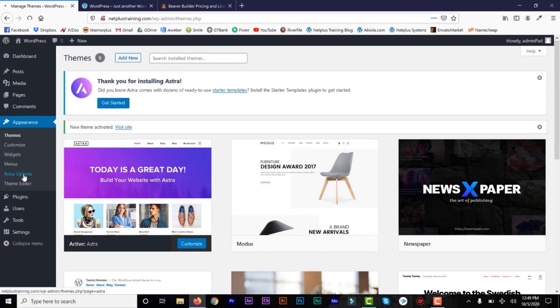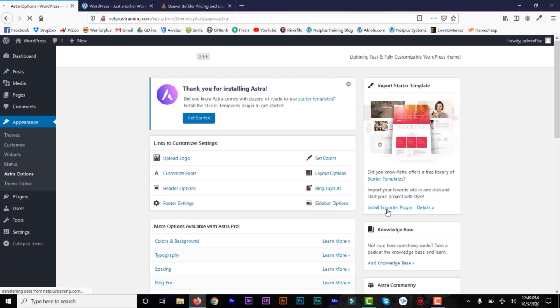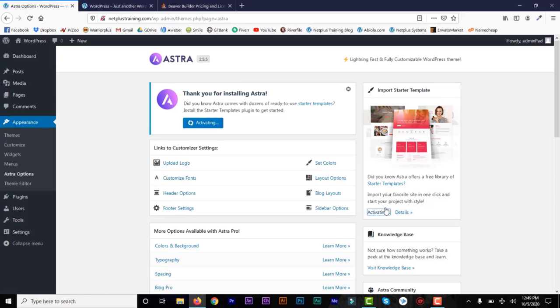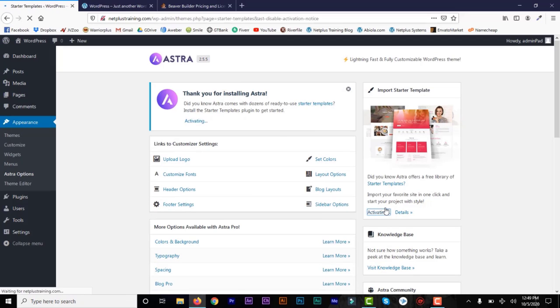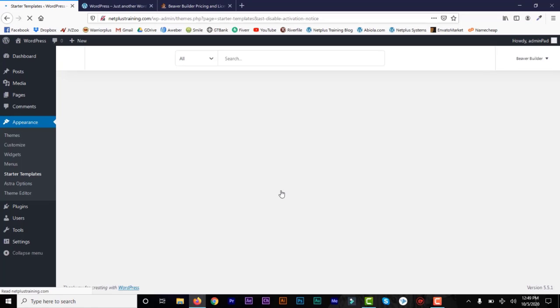Now let's go to Astra options. Under appearance, you see Astra options, and now we need to install the starter template. So we click on install, and then we choose Beaver Builder instead of Elementor. Elementor is another good page builder, but we're going to be using Beaver Builder this time around. So click on Beaver Builder, and we are going to import that starter template